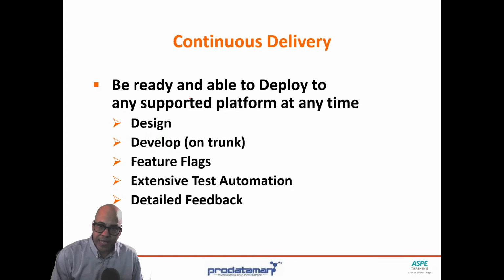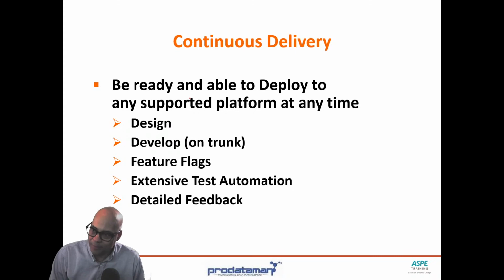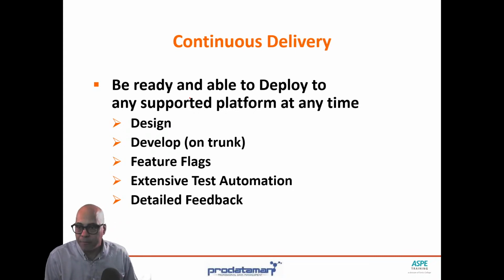Now, in order to be able to do that successfully and consistently, we really need to adjust the way that we do design. That's some of those design pattern books that we talked about and the facade pattern that I showed you. We also need to be developing on trunk or close to it. If you haven't heard that term before, it's going along with that branching metaphor, right? So if we want to be happy and healthy, we need to avoid branching and hug a tree. Hug the trunk, right? Develop everything on trunk so that we don't have branching, so that we don't have to deal with merging and merge conflicts.